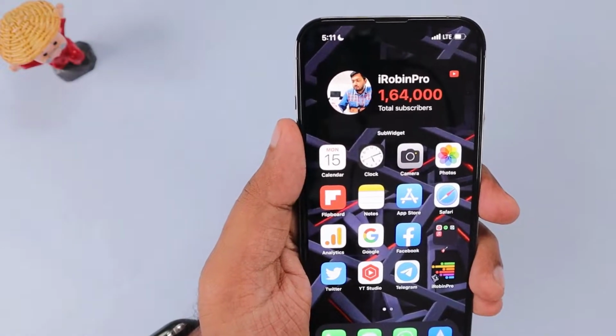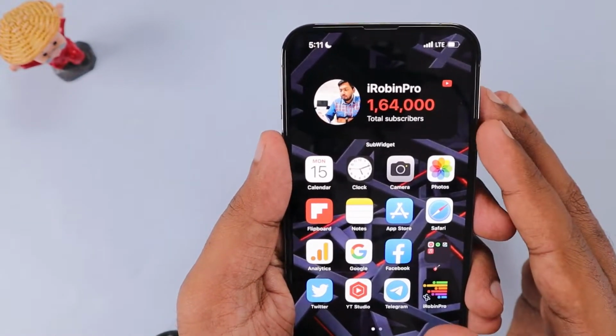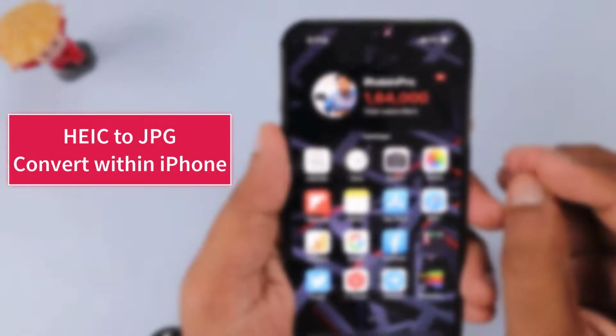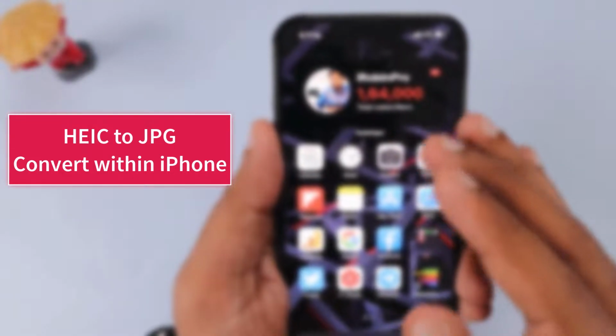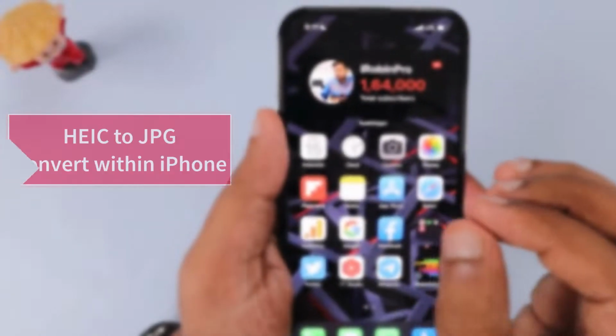And in this episode, we are going to see how to convert HEIC format images to JPG or JPEG images within the iPhone without using any application. The process is pretty simple, and before starting with the converting things, I need to tell the new iPhone buyers,